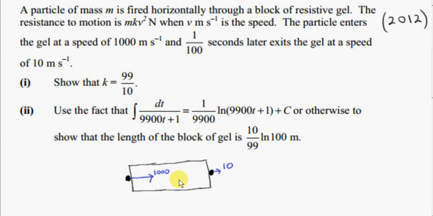Okay, let's get a picture of what's going on. Let's consider the particle when it has moved some distance through the gel. Initially, just before it enters the gel, its speed is 1000. So let's consider its speed sometime later while it's moving through the gel. Let's say its speed is v. Now there's a force on it in the horizontal direction